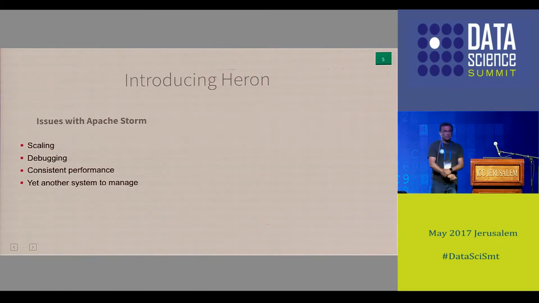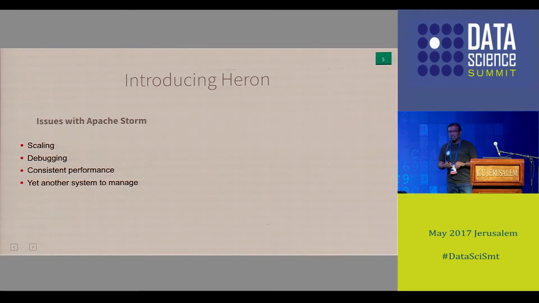What we used at Twitter was Storm. How many people have used Storm or have heard about Storm? Not bad. In fact, if you look at the history of Storm, Storm was open sourced by Twitter in 2011 after we acquired a company called Backtype. We were running Storm in high production, around 3,600 nodes. My team was the one managing Storm and encountering all the issues and problems that we faced in the experience.